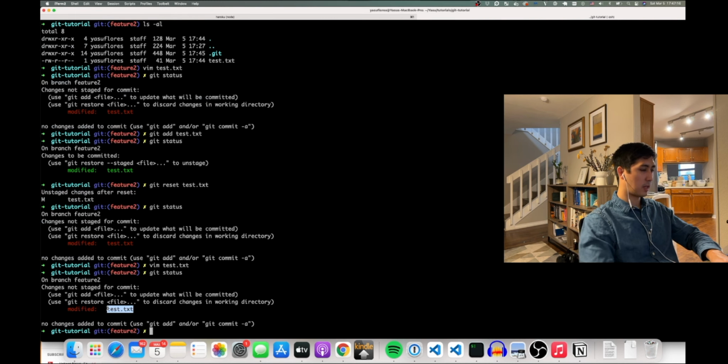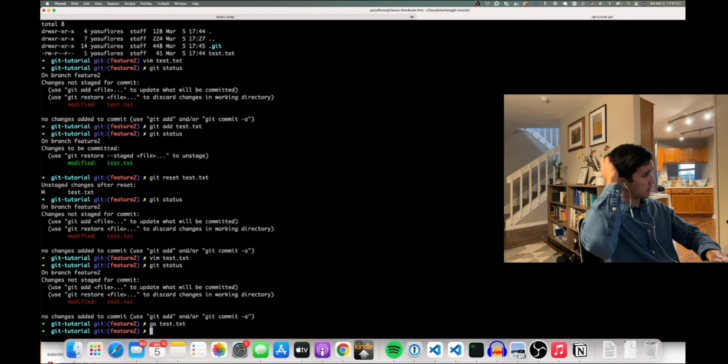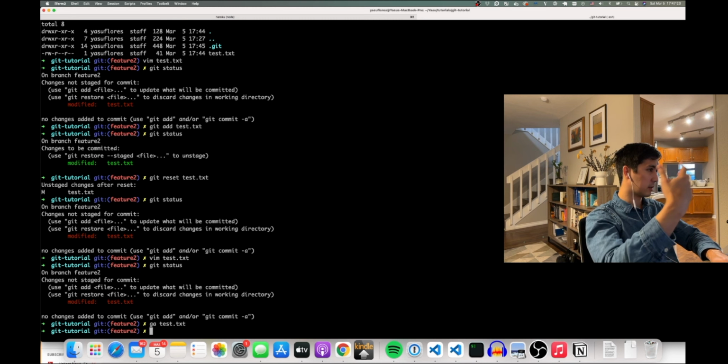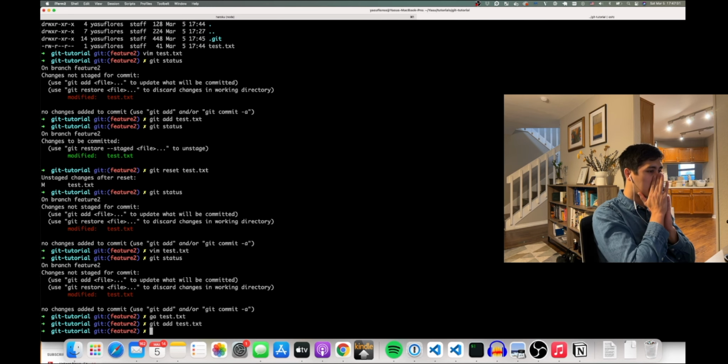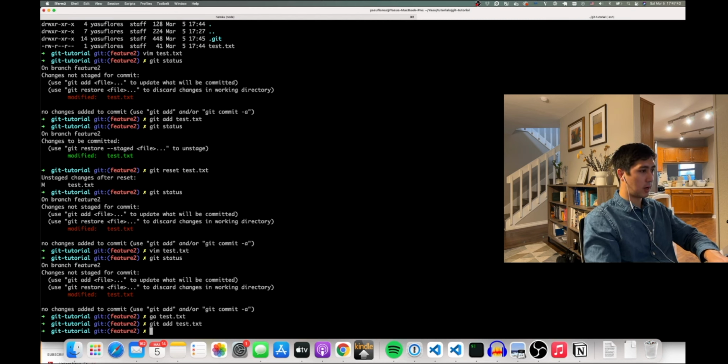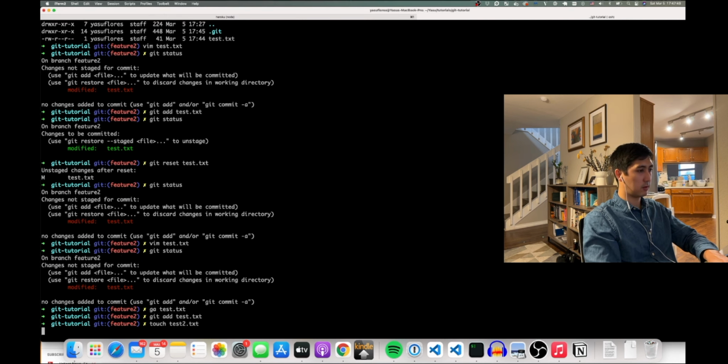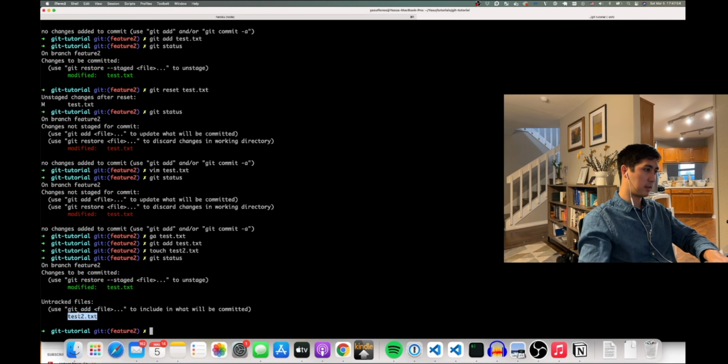Okay, so now I'll add it again. I think this looks pretty similar to just doing git add again. Oh, sorry, that's a shortcut that I have, but it's the same thing. Git reset is more useful when you have more files. So if I create another one, test2.txt, and let's say I want to add this one too,